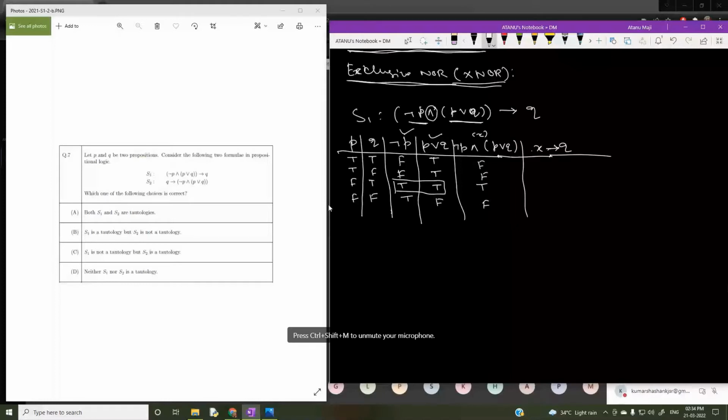Now if I take this X column first, the first result is F, so we should not consider anything. Just directly put true here, because false will come only for one case when the first